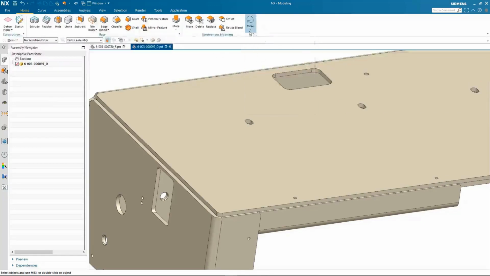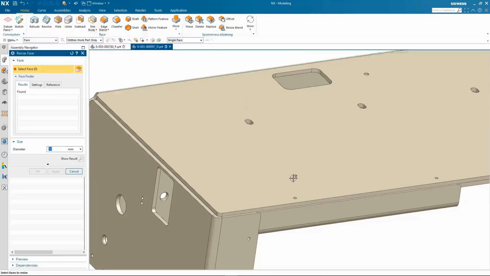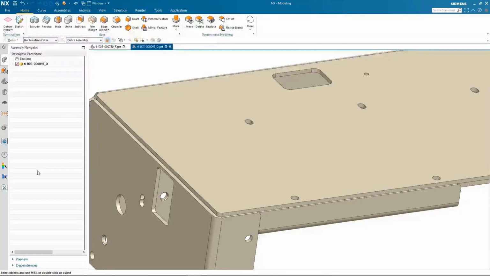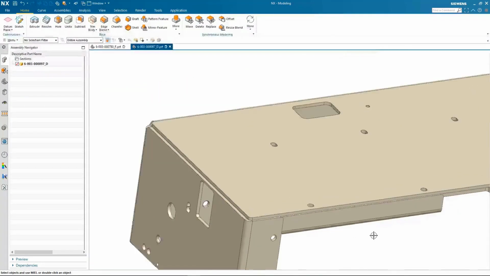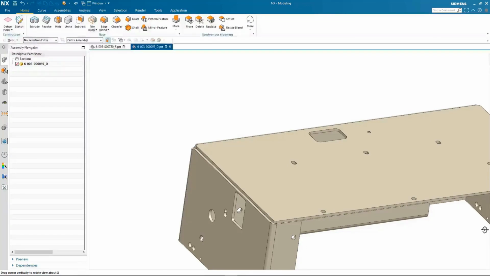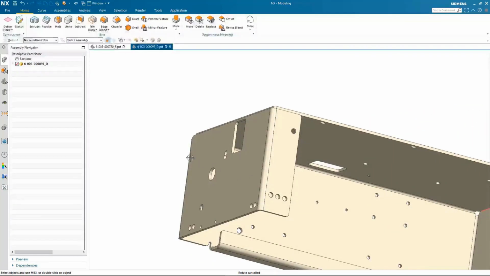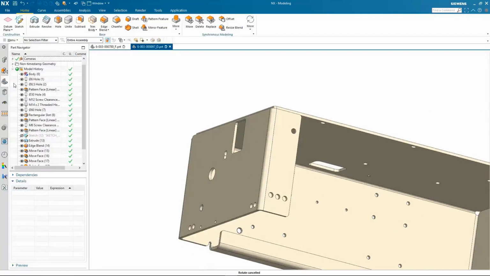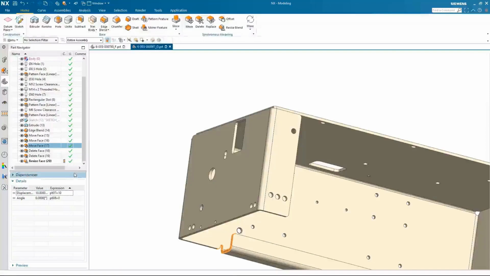Then we will pick one of the holes, find all of the diameters for that hole that are the same size, whether they are near or far or symmetric. We will adjust them all in one easy command. Synchronous technology found all of the holes that had the same diameter, and we were able to change them easily. If we look now at our model tree, we can see the beauty of synchronous technology is it now creates features that we can use to continue to move our design forward.